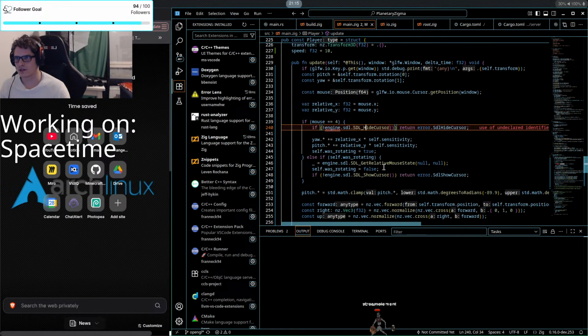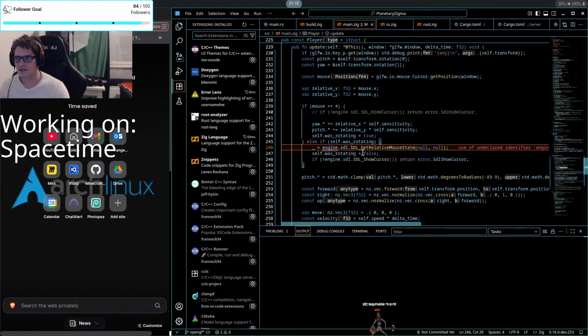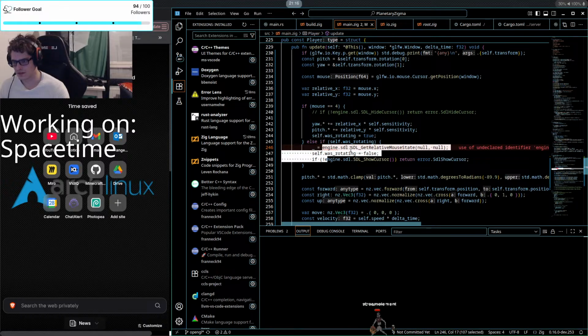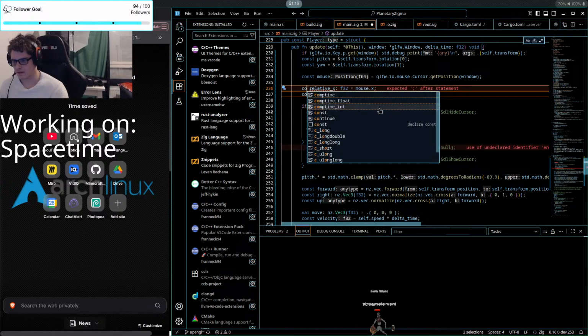Hide cursor. Do you have such a thing in your... Do we care about this? No. I was thinking the same. Cursors in GLFW is also a bit worse to use. And then what is this? Get relative mouse. That's the same. Just remove it. Okay. The freecam will be kind of bad, but it's fine. Just remove all of this stuff, I guess.